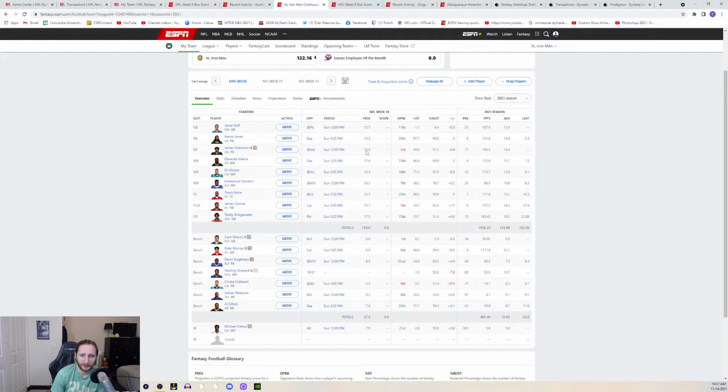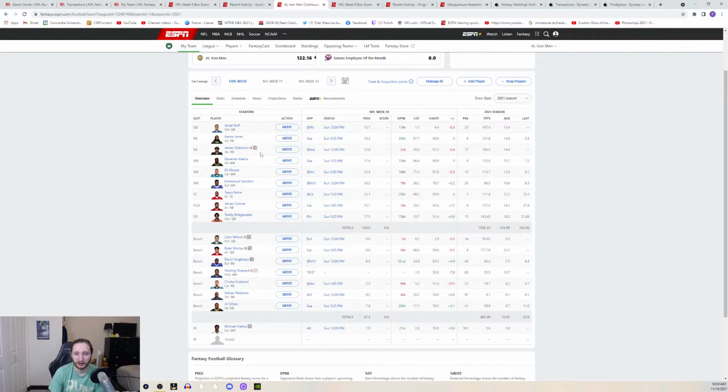And then at running back and all that, we got Aaron Jones as a lock. James Conner filling in for Chase Edmonds, their other running back in Arizona. He left early last week, and James Conner went crazy. Obviously, this is a worse matchup against the Carolina Panthers compared to the 49ers, who they played last week. But Chase Edmonds is still out. It's a good offense, even without Kyler Murray or DeAndre Hopkins. James Conner, I still like him this week as a nice play. Should see great volume. And if you can get in the end zone, we love it.